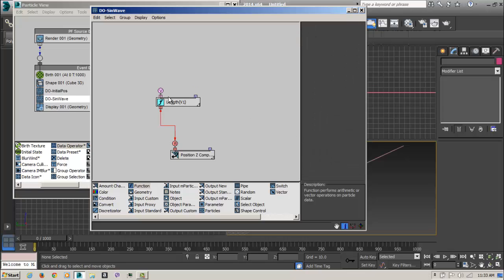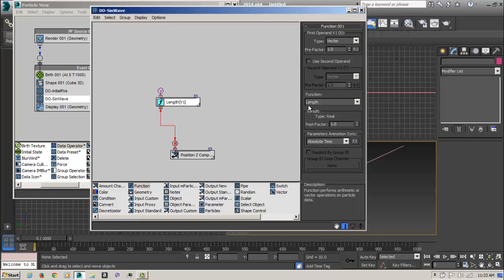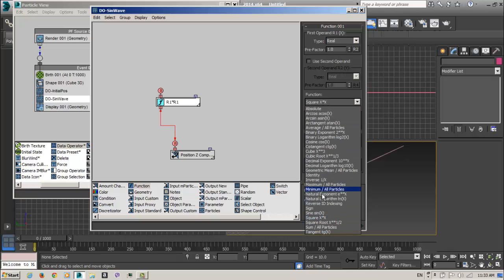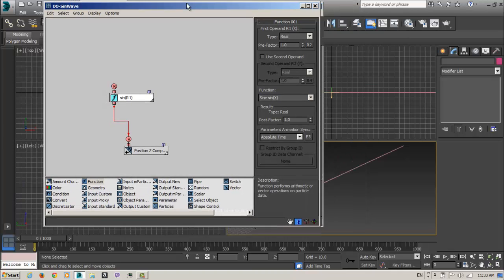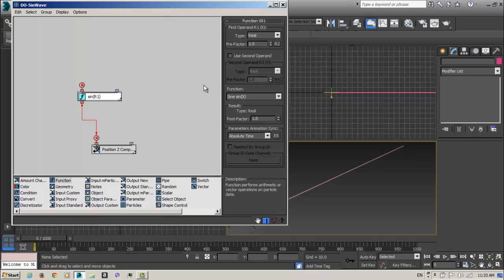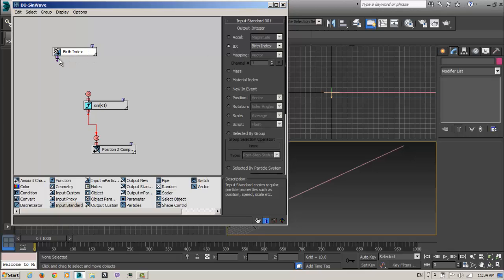And this function will be not vector, will be real, and sinus wave. Okay, here we will have our sinus wave, and here I will create input standard and ID.